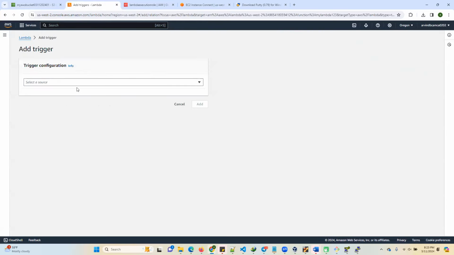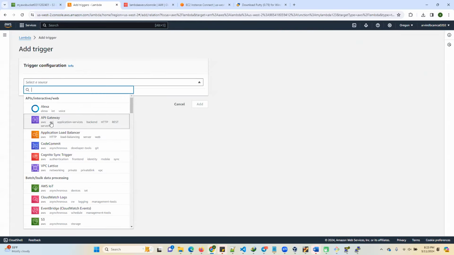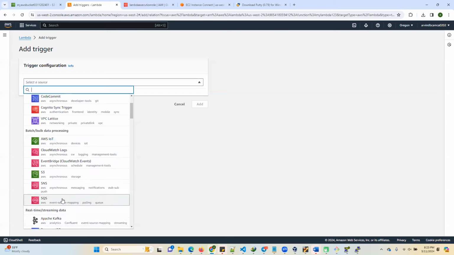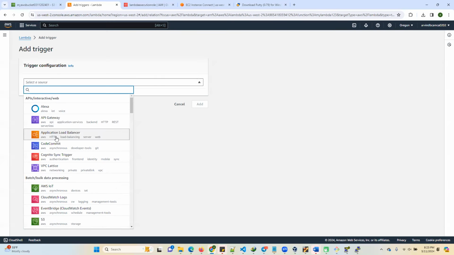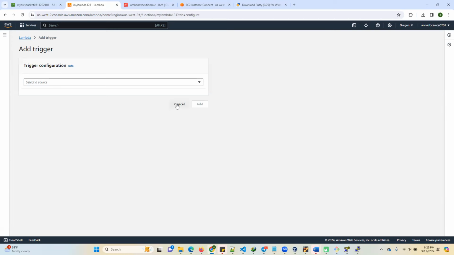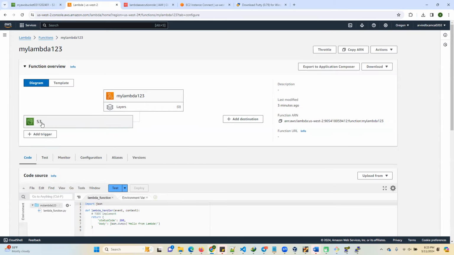triggers. We'll see some more triggers. I will show that API Gateway is one trigger. Those are mostly what we need. SNS is one trigger. SQS is one trigger. DynamoDB is one trigger. So there are many more triggers. We can configure more than one trigger at a time, but for the same bucket you cannot create another trigger. Okay. So if I want to read my S3 file, I say I want to invoke the